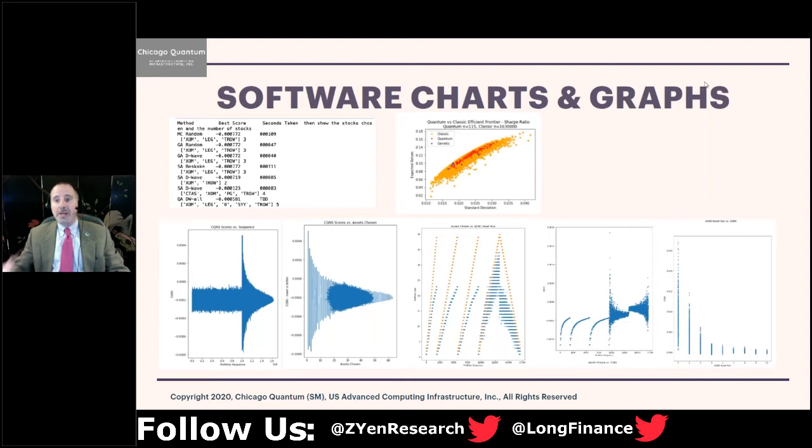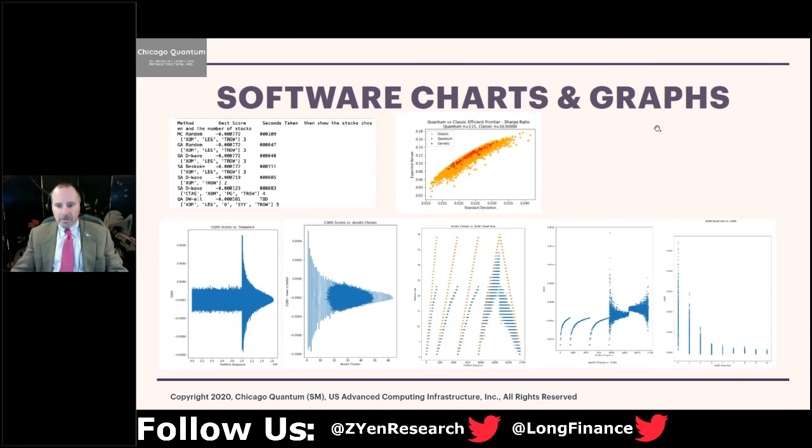Now, it's hard to expect 115 picks from a quantum computer to catch every inch of that efficient frontier when it was set with 1.63 million. But the fact that it got that close is amazing, because if it was random, it would be all over the slide. Lower left, you've seen that before. That's the Chicago Quantum Net Score versus the first million, and then the last 630,000 Monte Carlo runs, which were by portfolio size. Then you see the same thing with the concentration in the center. Then you see the runs out of the simulated annealer.